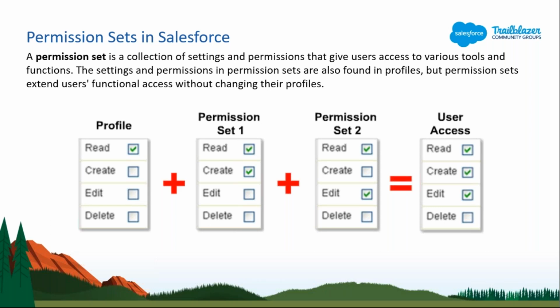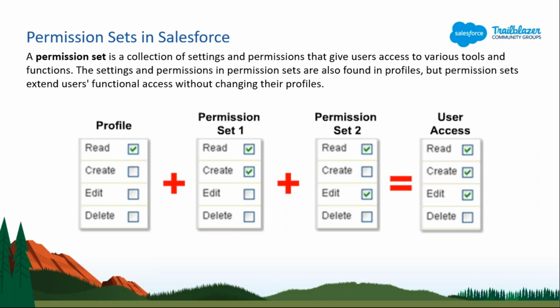But let's say in future, for 2 or 3 months, three sales users need to access the service users' records. Or vice versa, if service profile users need to access sales data for 10 days, 15 days, or 1 month, then we don't need to create another profile. We can't assign two profiles to a user; we can assign only one profile to a particular user.